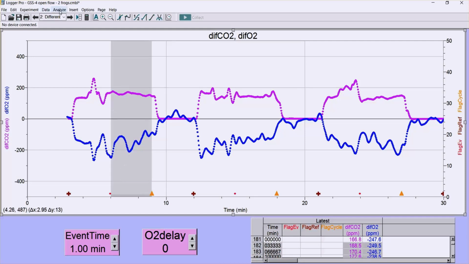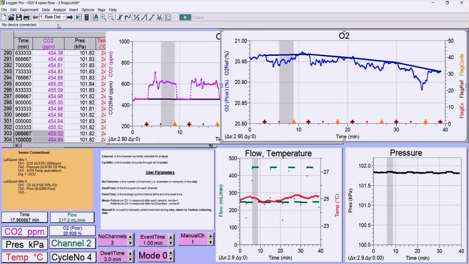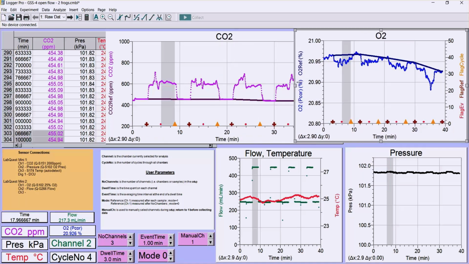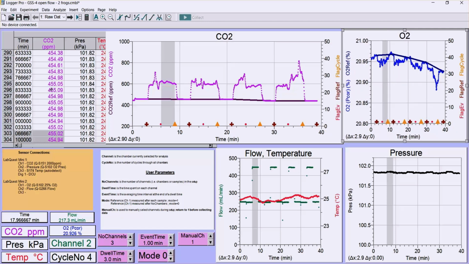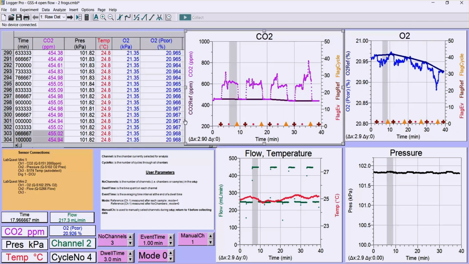I'm just going to go back again to raw data here, just so we can go through some more of the important things that I need to mention. And because we had 2 different size animals here, we have different activities. Of course, the larger animals are going to have stronger signals, CO2 and O2, than